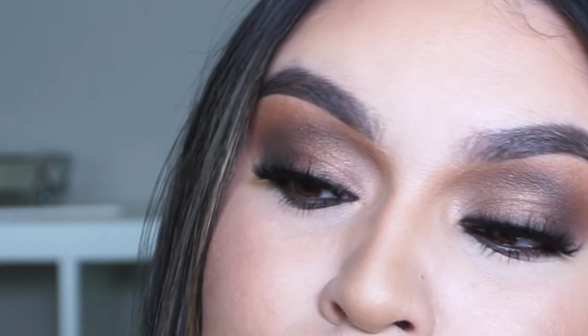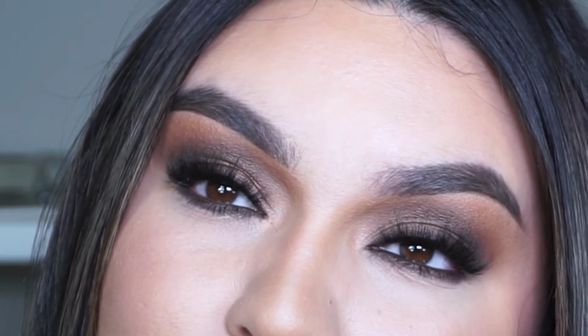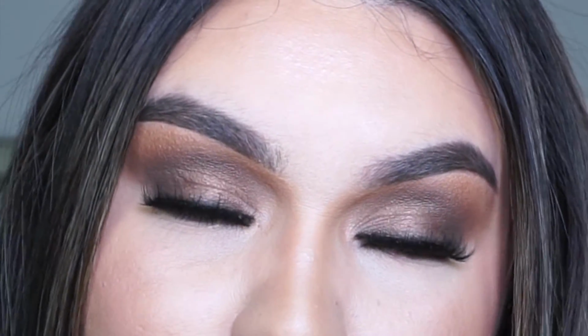So this is the final look, you guys, using this eyeshadow palette. What do you guys think? What do you guys think about this eyeshadow palette? Would you wear this bronzy look? I honestly am obsessed just because I am a sucker for bronzy eyeshadow looks. I really love the color scheme of this palette. I did hear a lot of people kind of be upset that Urban Decay...